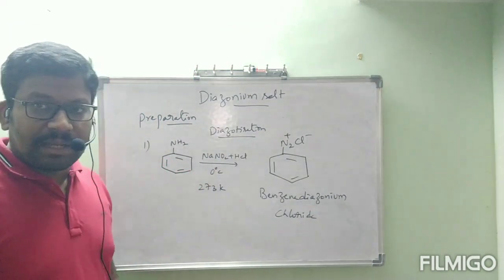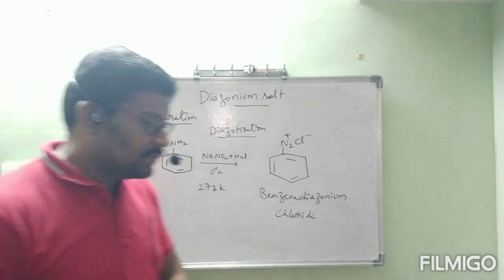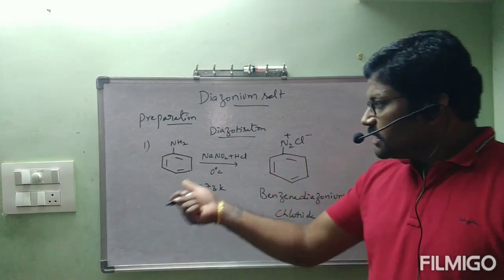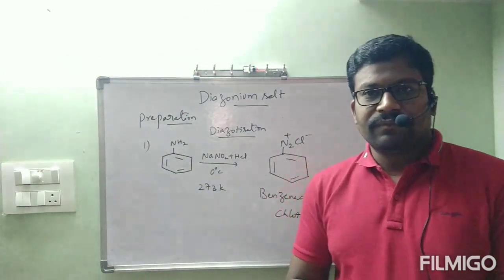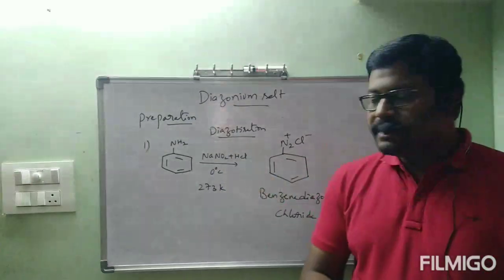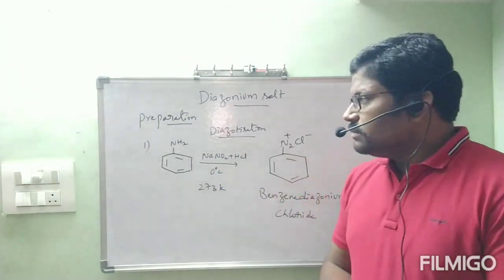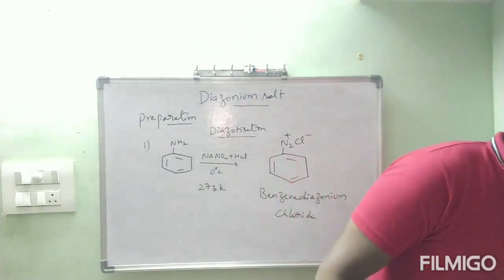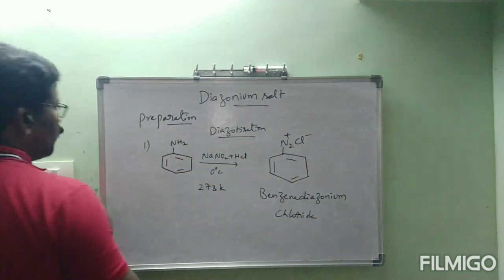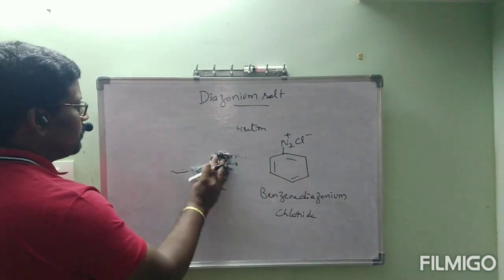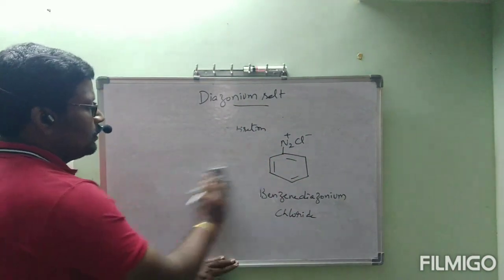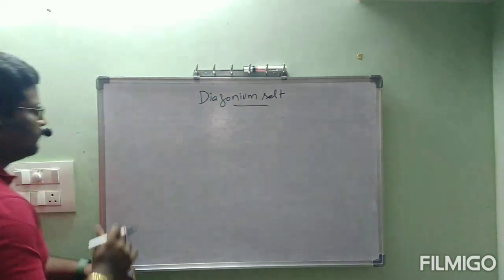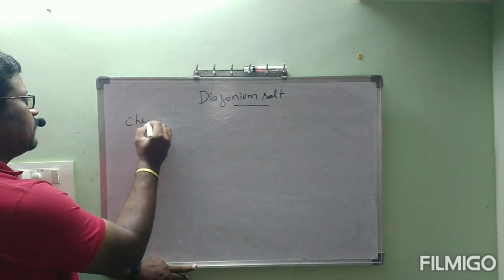Next we will go through chemical properties immediately. Physical properties in the last we will see, those are simple only. Now, I think you understood this one because it is repeated many times. Now we will go through chemical properties. Okay, note down. Chemical properties.